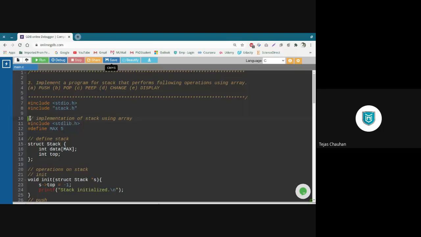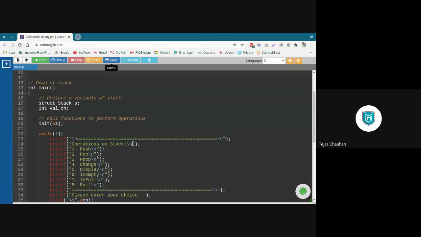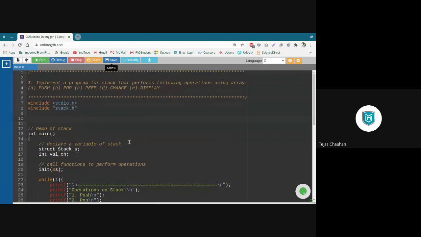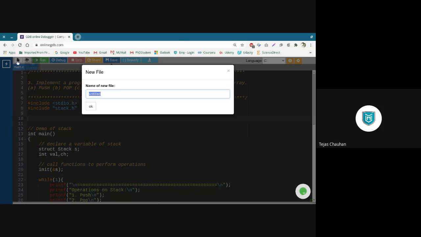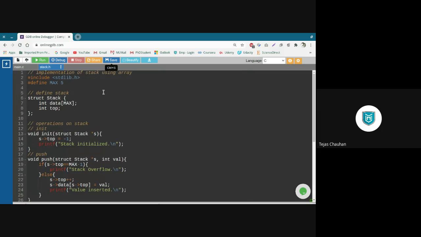So let me cut this implementation part. This is where we start implementing our stack. So from here up to this is the full function. I'm going to cut the entire code. I cut it, and then I will create a new file. I will call it stack.h, and here in this new file stack.h I will paste that entire code.